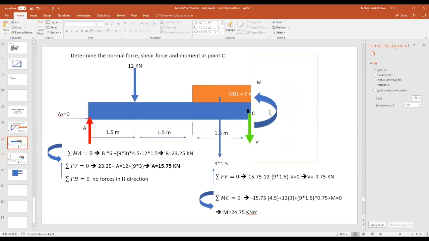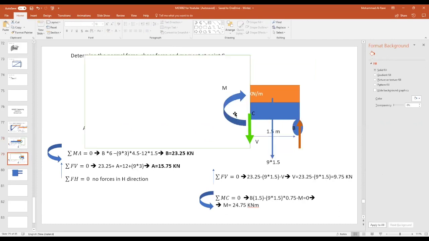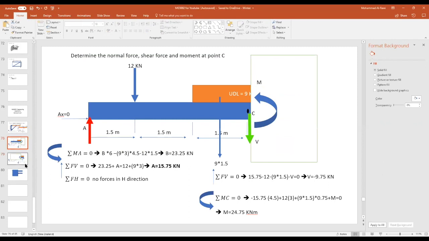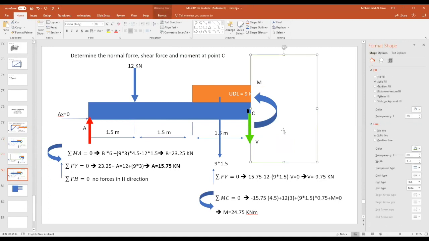So that's the question. Do you remember the bending moment, I took it in that direction? And then when I tried to solve it, I took it in that direction. That's why we're getting the positive answer, because I already changed its direction. So it was a bit of a trick from me to see how you find it. All right. So if you want to sketch the shear force and bending moment diagram,